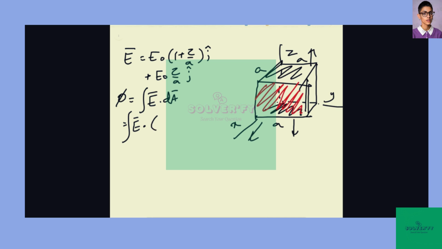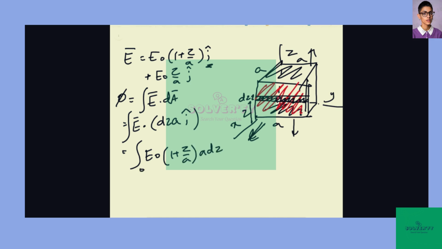Let's choose a strip on the side of the cube at a distance z of width dz. The area of this strip will be a dz, and it will point in this direction, which is i cap. So when we do E dot i cap, only the x term will remain. That's E naught into (1 plus z by a) into a dz,